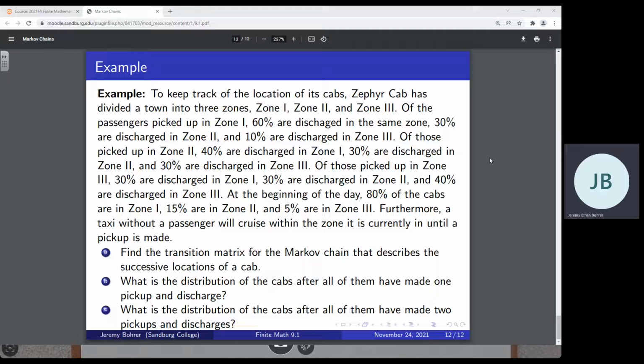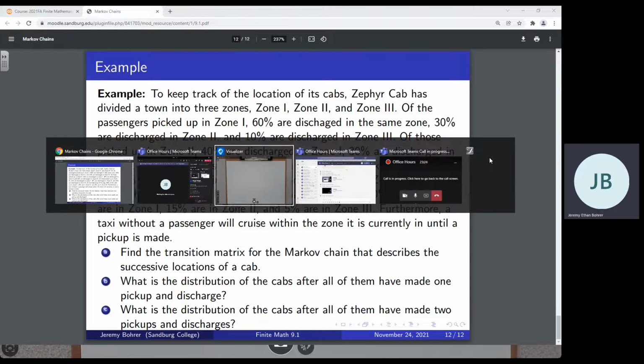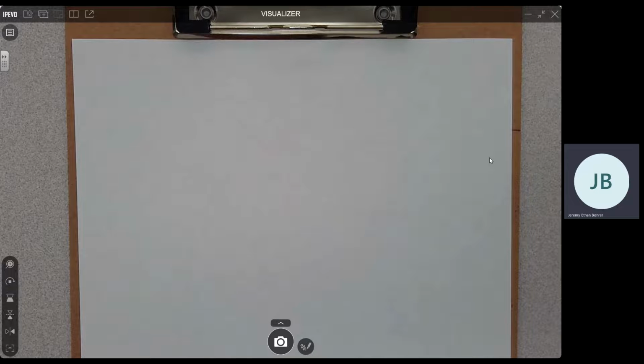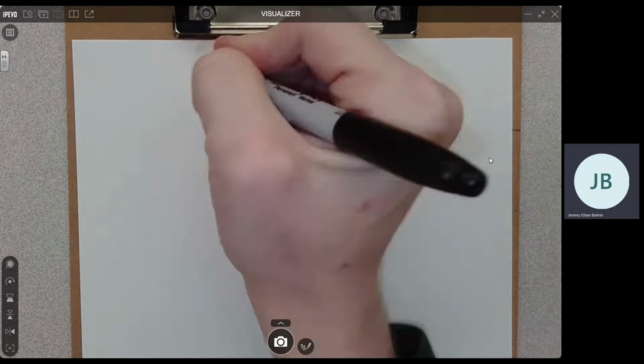So the first question asks us to find the transition matrix for the Markov chain that describes the successive locations of a cab. So we're going to base this entirely on the details we're given, and there are a lot of them in that block of text there. So let's come over here and we'll look at that. So we're told that for Zone 1,